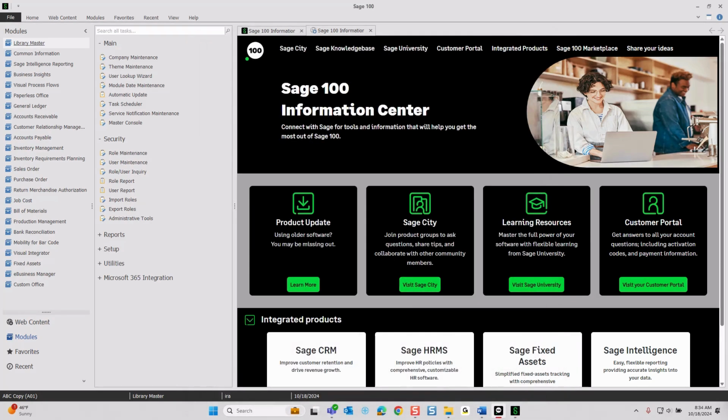I'll show you one more example of how to create a theme. Let's say you have a new company you're implementing and you're not ready for live day-to-day use. You could put a red border on the screens. So red typically indicates stop, and you can let end users know if they see the red border, they're in the wrong company. So to do that, you'll go to Library Master, Main, Theme Maintenance,